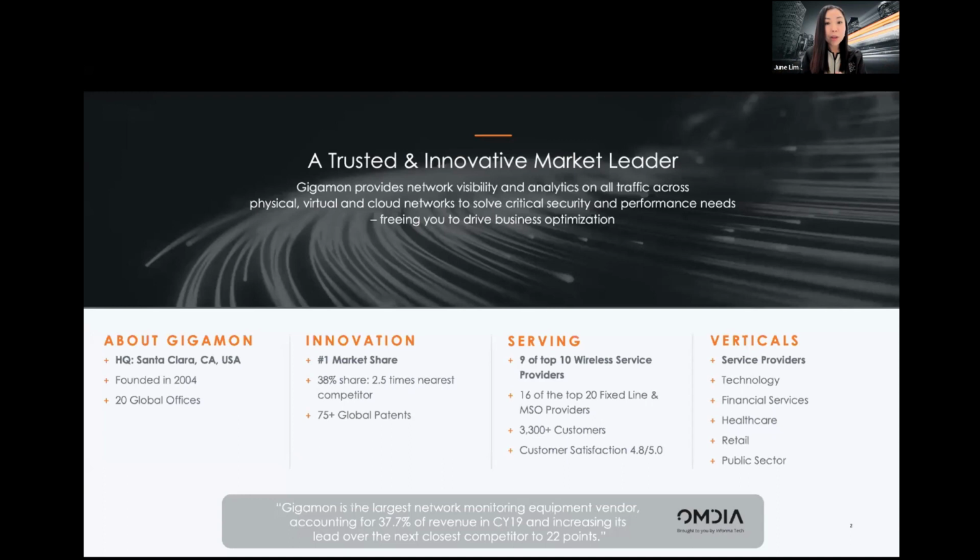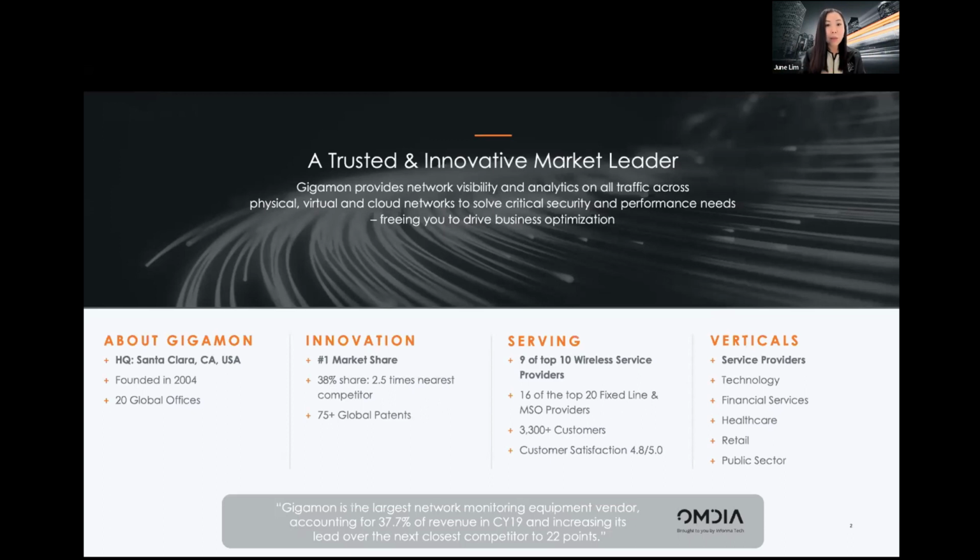So Gigamon is very good in this area where we go into all these different kinds of blind spots. We pull out all the traffic and we ensure that your security solution and monitoring solution will be able to get into all these areas of blind spots, see all the traffic that is on your network, and be able to help you with the correct security or analytics, giving you the peace of mind that whenever you have a new environment popping up, your security solution has no problem seeing into all these different environments. So that is what we are very good at.